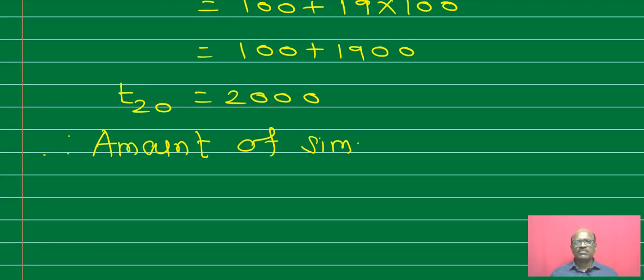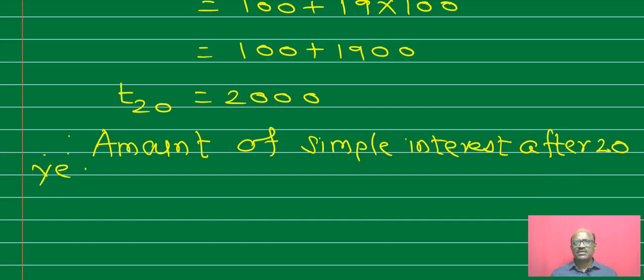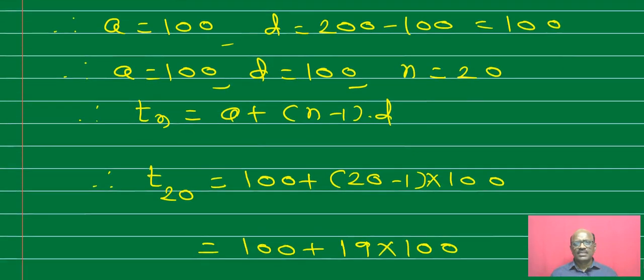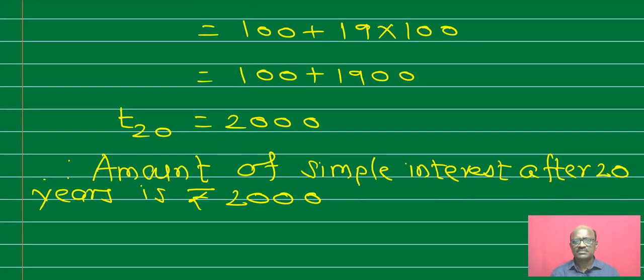That is the amount of simple interest after 20 years is rupees 2000. And in this way we have completed the arithmetic progression problem set,